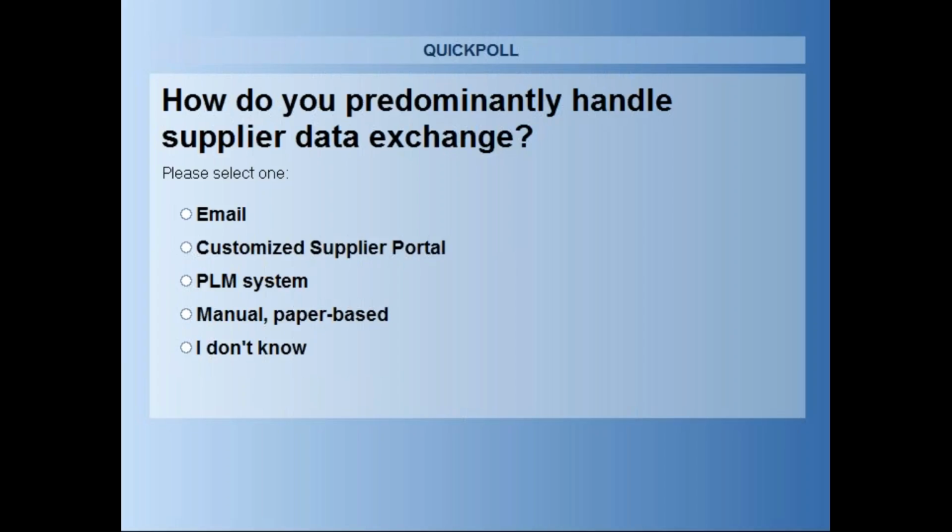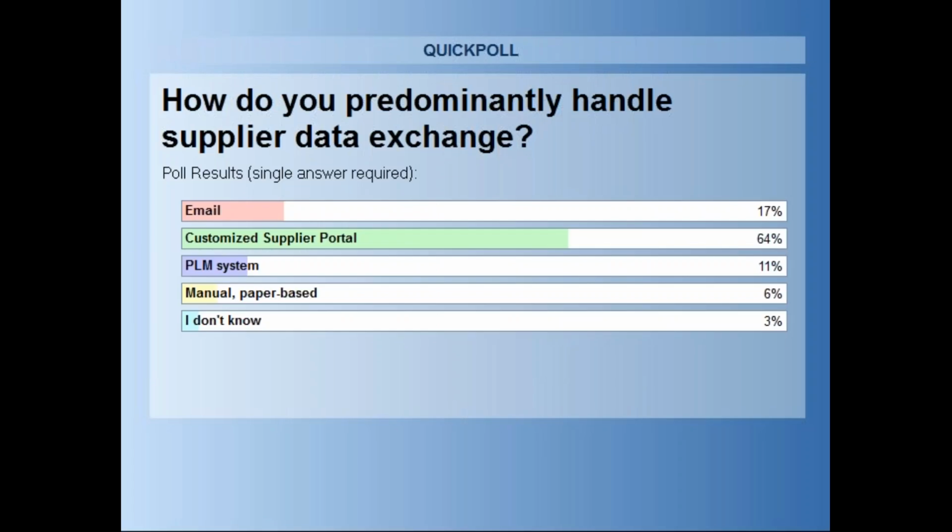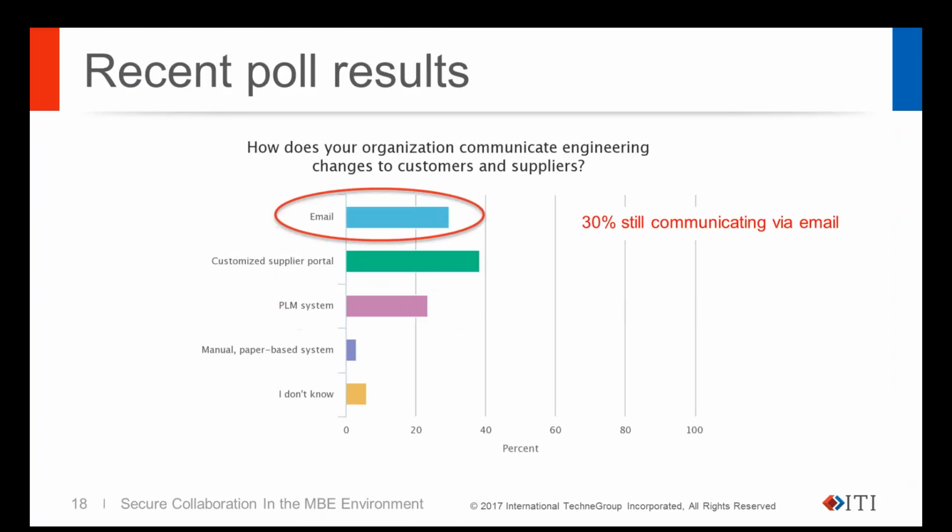Okay, I'll close the poll here. In this case, 64% of people are using a supplier portal, 17% are using email, 11% PLM, and right around 9% for the rest. So very good. And actually, John, you have a result from the last webinar that we did in December. This was from a while back. It sounds like more people are getting away from email. That's good because